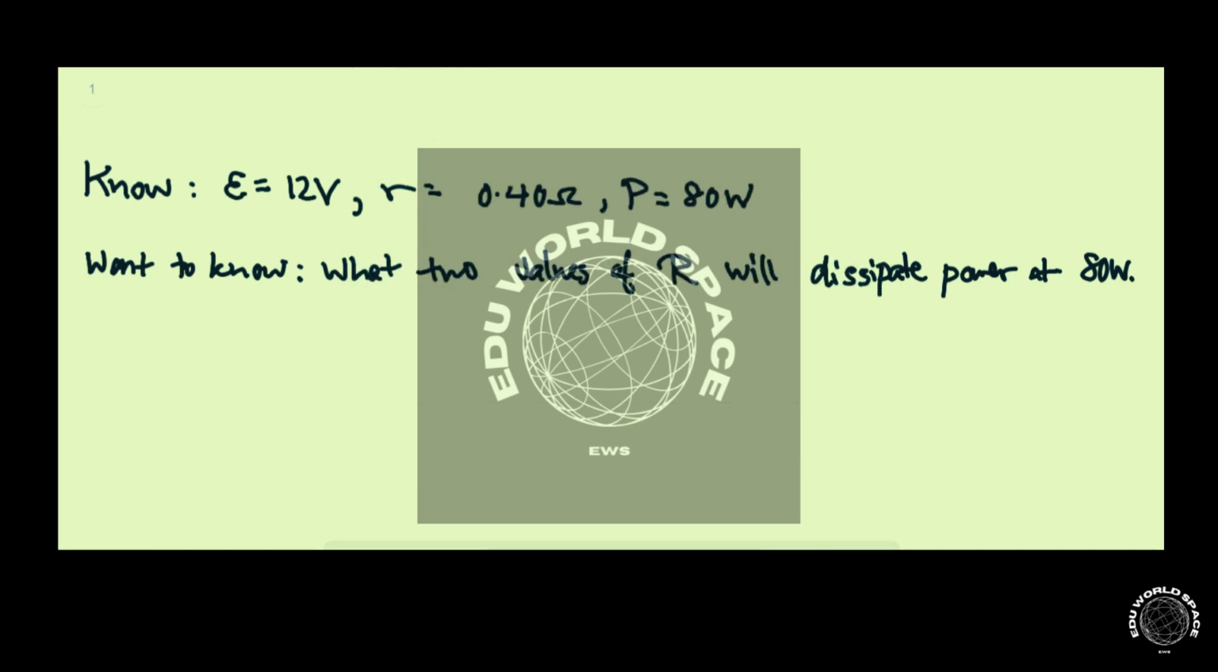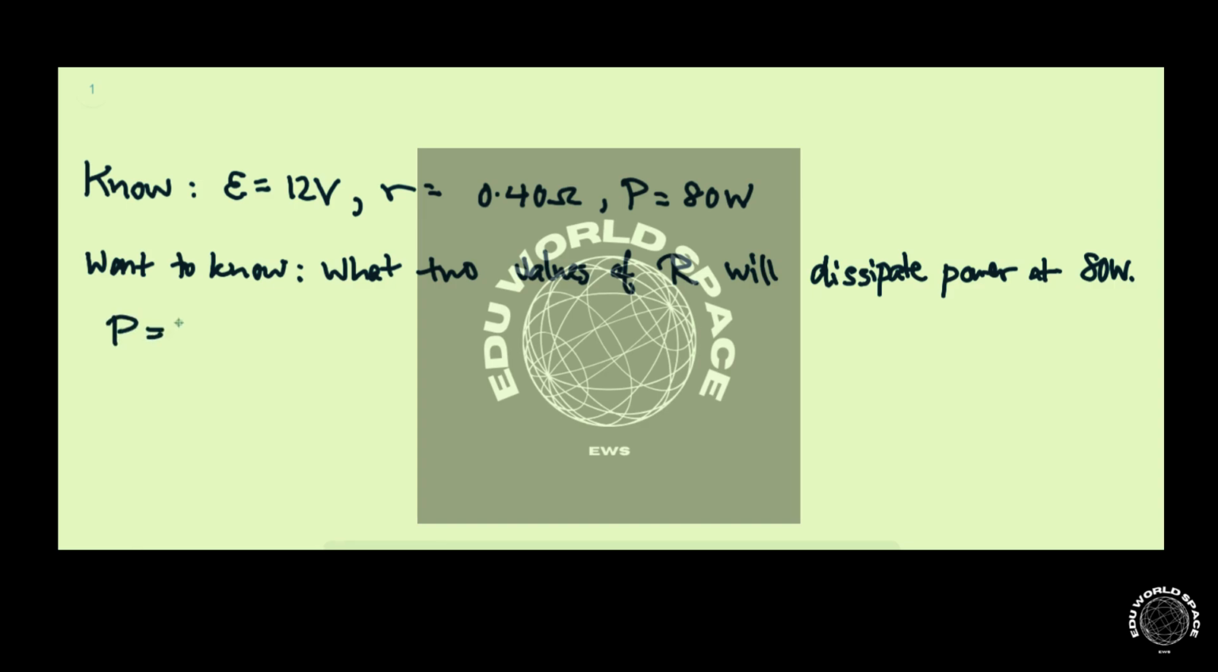What we know is that the EMF of the battery is 12 volts. The battery has an internal resistance of 0.4 ohms, and a resistor that's connected to this battery dissipates power at 80 watts. And we want to know what two values of R will dissipate power at 80 watts. So we know that